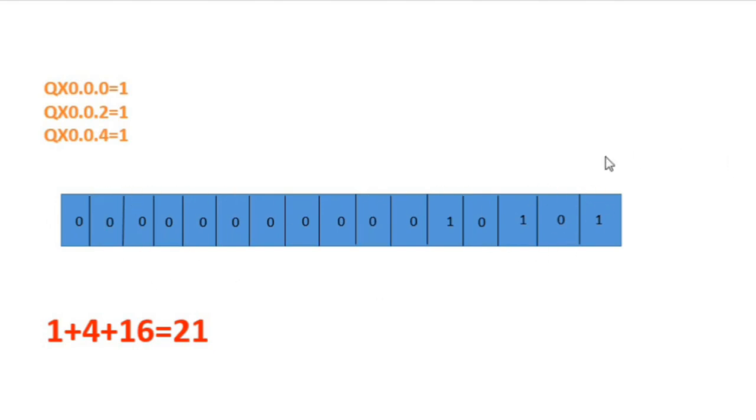Here, according to the example we did, we set the value of QX 0.0.0 to 1, and then we look at QX 0.0.2 as well. We set its value to 1, and then we also set the value of QX 0.0.4 to 1 as well. As I explained a little bit earlier, we had 3 different lamps that we connected directly to the PLC outputs Q0, Q2, and Q4. So these 3 outputs should be set to 1,